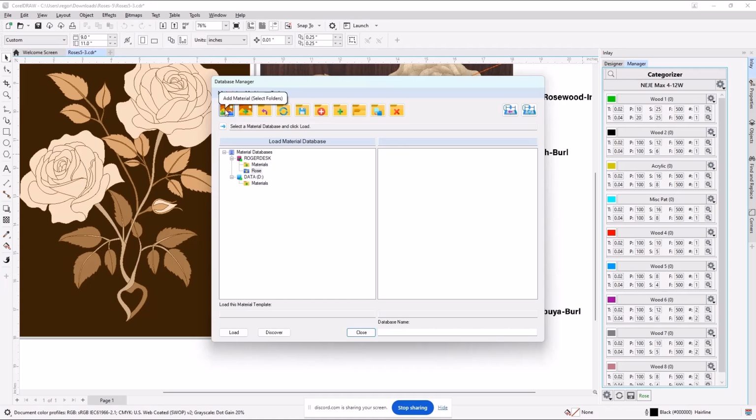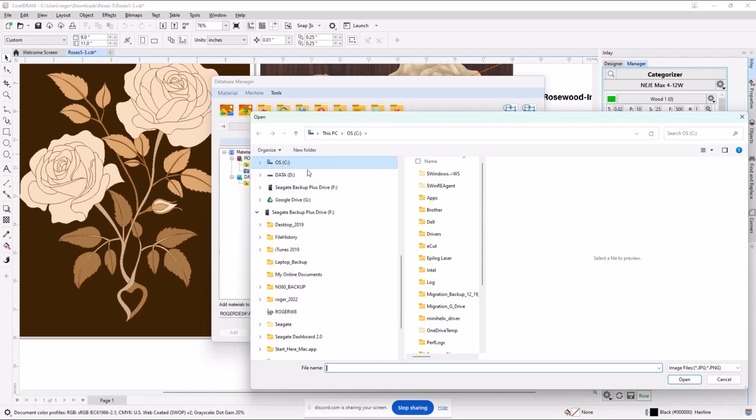I can add an entire folder's worth of veneer, or I can add the material by selecting the files. I tend to prefer this choice just because it's a little more intimate in terms of I want that one, that one, that one. If I've got all of the files in one directory, it'll do a great job of loading everything. I just can't see where they're at. So this is the one I prefer. Now I'm going to go ahead and add materials, but I need to get there from here.